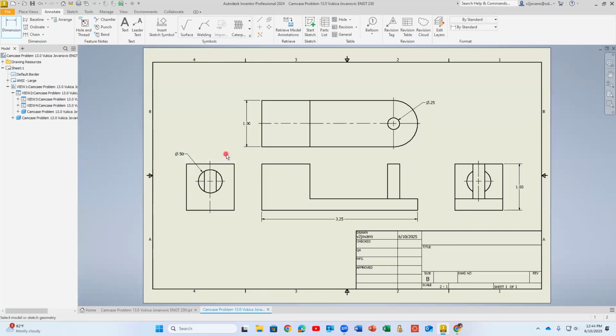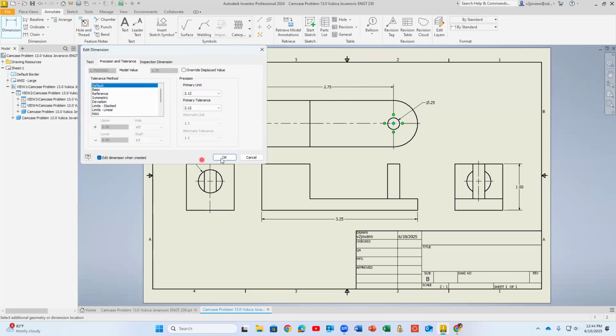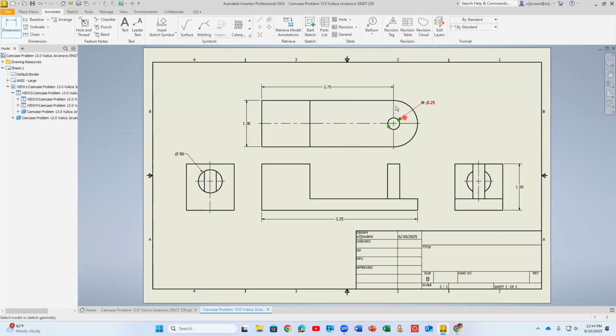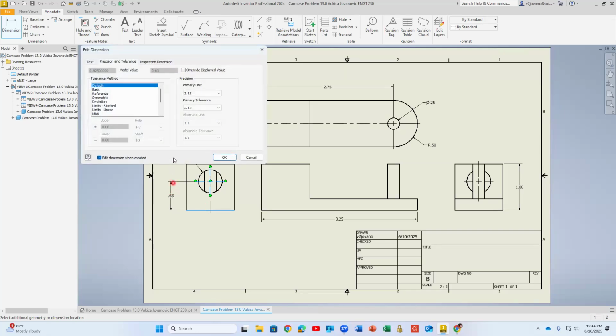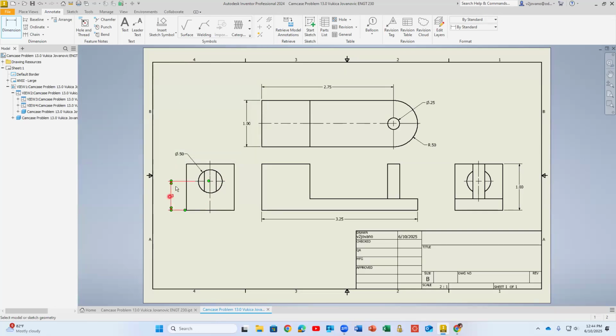And also I need to know where my circles are. So for this circle, I can add it here, wherever I see a circle. For the other one, I don't need to add it because I know this one will give me 0.5 here and 0.5. You can add this information here and that's it. For this circle, I need to say how high is it, and I think I need to change precision because 63, it's probably